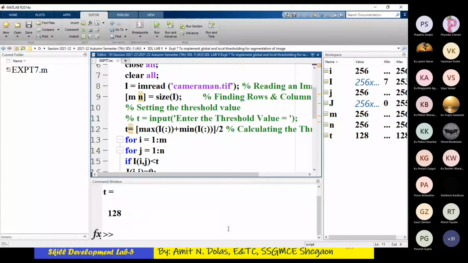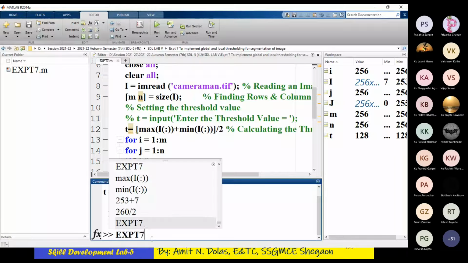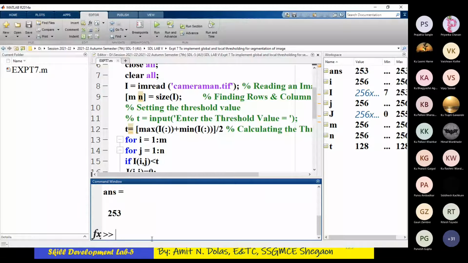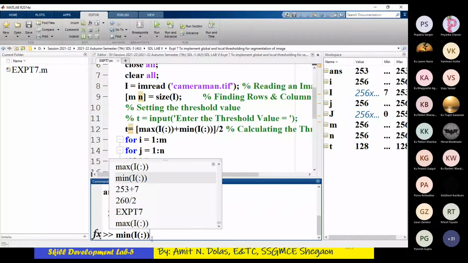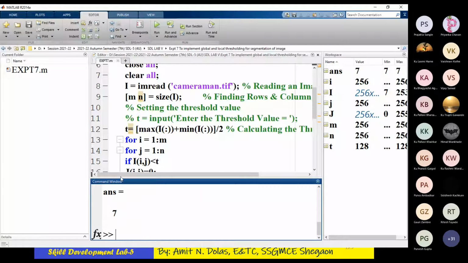The max value is 253. The mean value of I is 7. Let's see into the matrix. In front of 128, whatever is there doesn't matter while computing the result.